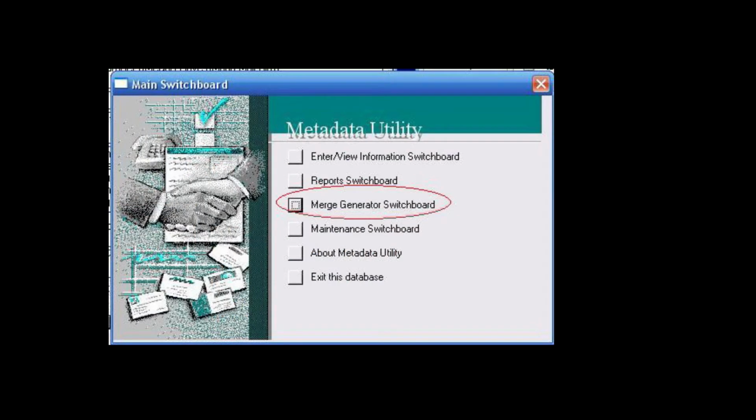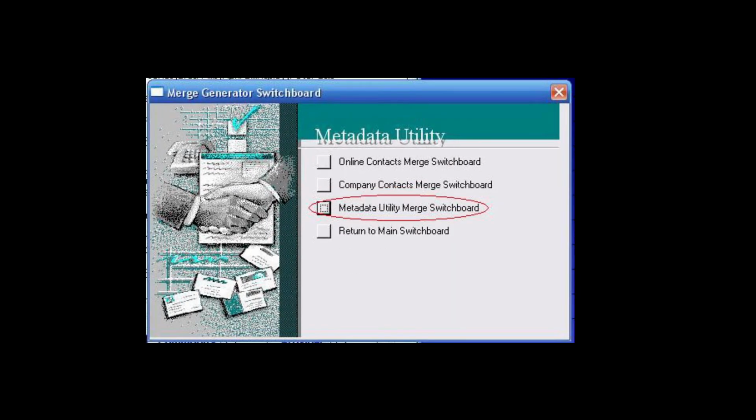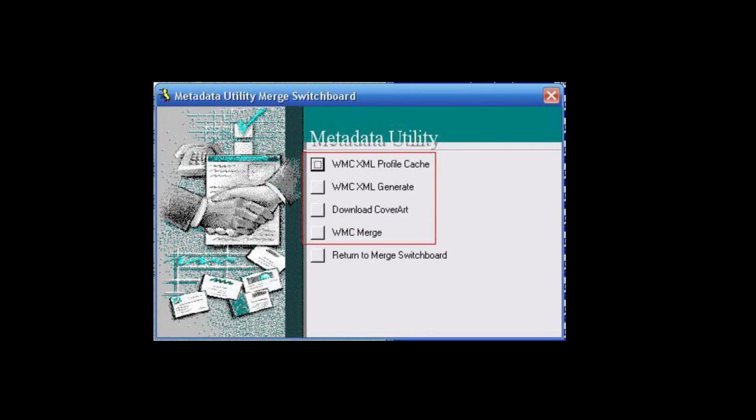From the main switchboard, click on Merge Generator Switchboard, followed by clicking on Metadata Utility Merge Switchboard, which will bring us to the main Metadata Utility Merge Switchboard, in which we have